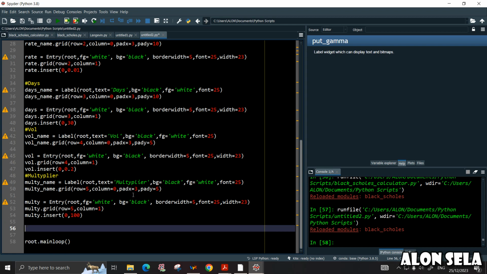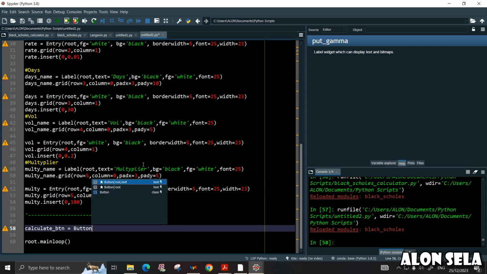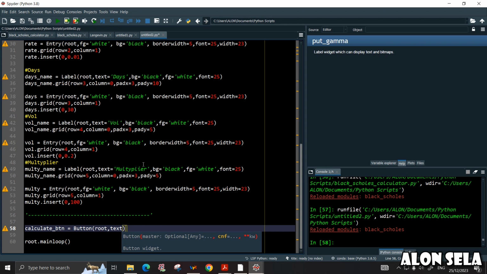So let's make a little bit of room, and we're going to say that our calculate button will be, in Tkinter, we're calling it Button for obvious reasons. The button will be in the root app, and the text will be, let's say, calculate,